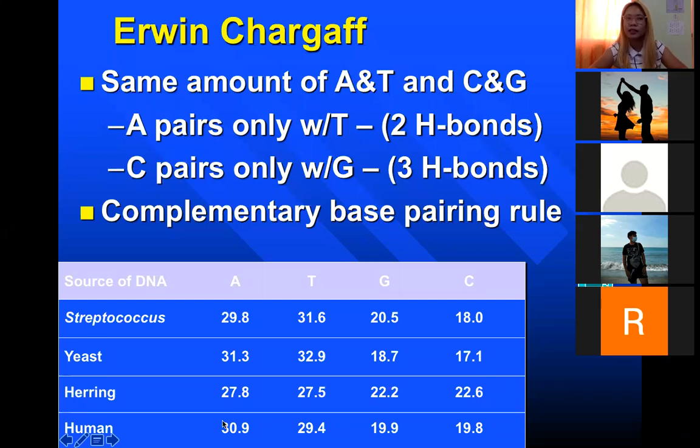So may mga organisms, lalo sa mga halaman, na magkakamuka yung itsura nila. Pero if we are going to analyze them genetically, molecularly, ang ginagamit ngayon ng scientific community is the percentage of cytosine and guanine. So pag magkakalapit yung kanilang percentage, ibig sabihin, they belong to the same family. Pero pagka magkalayo yung kanilang percentage, ibig sabihin, they don't belong in the same family. So ngayon, the molecular basis for classifying organisms is based on the amount of cytosine and guanine.